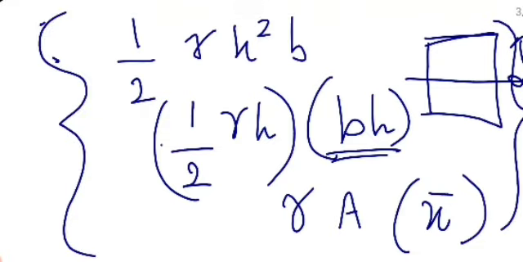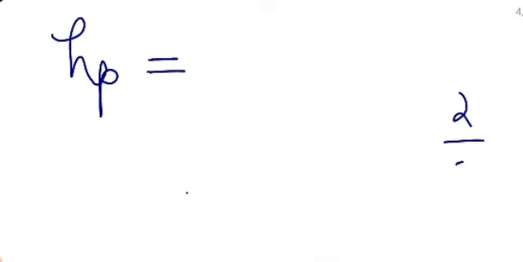I have discussed with you only the rectangular plates so as not to cause confusion. In the next case, the location of the center of pressure, hp. In the rectangular plate case, the center of pressure was obtained as 2 by 3 h. In general, what would it have been?